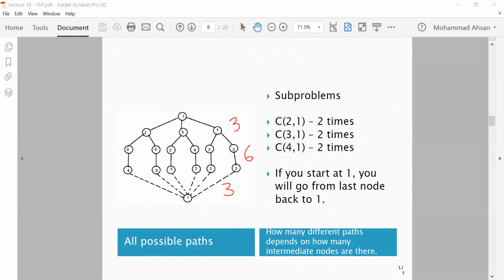O(n) square, sure, 2 to the power n. N square into 2 to the power n. No, it is 2 to the power n, but not n square, because when we start at a particular vertex, then we are looking at let's say n minus 1 vertices, and we're looking at all the possible permutations and combinations of that. So